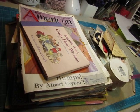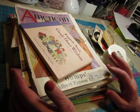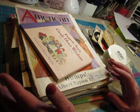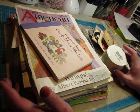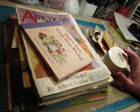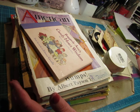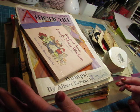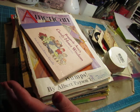I have a haul to show you today. The lady who gave me the Martha Stewart magazines messaged me and told me that there was a large yard sale. And when she described it and said the name and where it was, I knew where it was because it's the person that I got all those really old paper dolls from last year, like a big stack of them. And I got another bigger stack of paper dolls at a flea market, but they weren't as old. They were from the 80s, most of them. But these were like 40s paper dolls that I got from her, and lots of other paper stuff. So